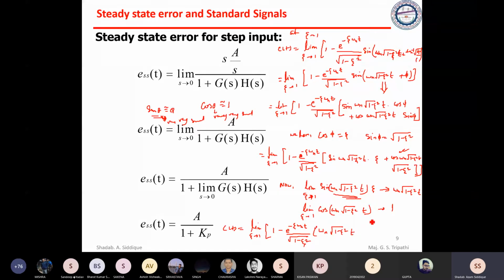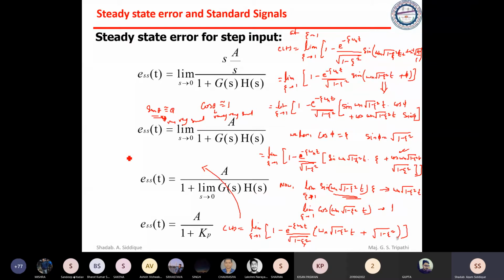This is the term we are getting from sine. And what is this term? Sine omega n square root of 1, see, this is 1, so we can write plus 1 into square root of 1 minus zeta square. So this will give you square root of 1 minus zeta square. Clear? I hope this is clear. Now we will try to take 1 minus zeta square outside from here, and this will be cancelled. So I'll write here.